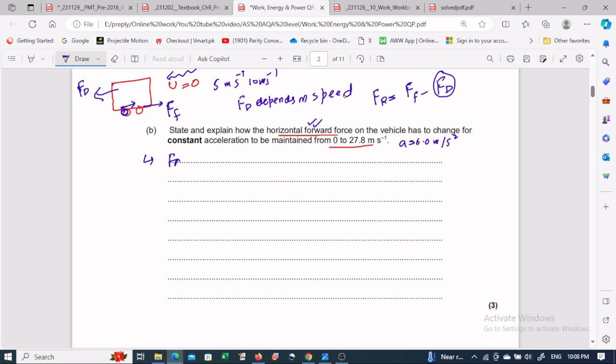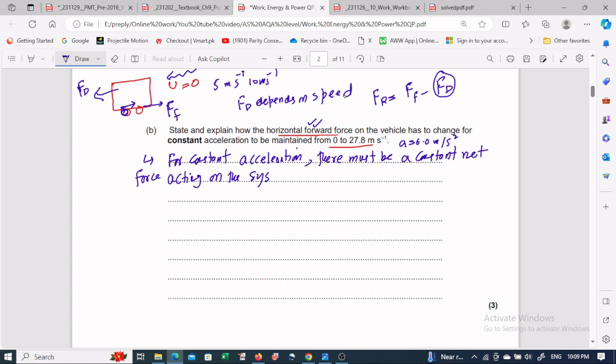For constant acceleration, there must be a constant net force acting on the system as air drag. Now the second point is air drag acts